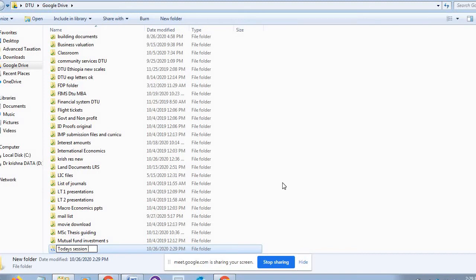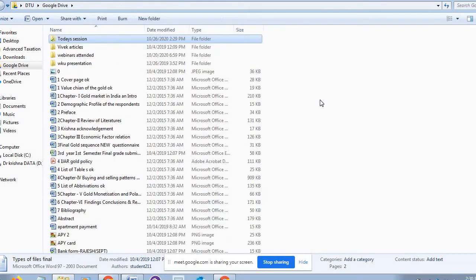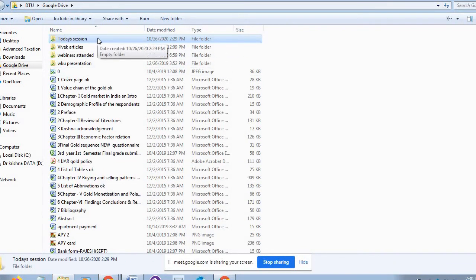See, the moment I open, it has started synchronizing. The moment I start typing this, so now today's session. Where is that today's session? Today's session, it is there. Now here, yes, the tick mark has come. Green tick mark has come means already it has been stored on Google Drive.